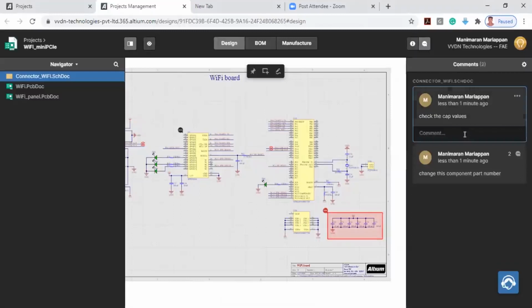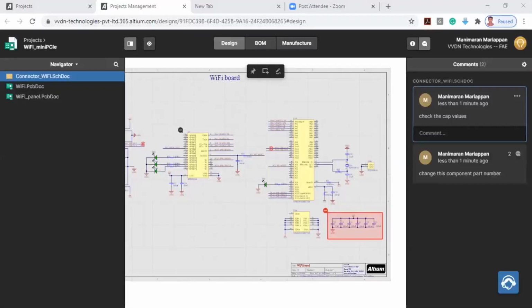Like this you can post. So when you open the designer, immediately it gets updated. Change this component part number. It's not getting updated. I have to refresh. Okay. So, check the capacitor values.